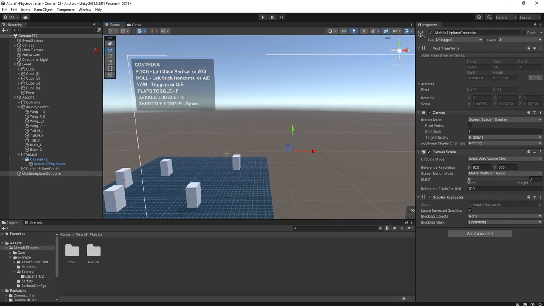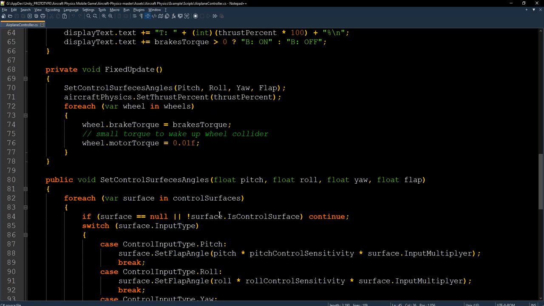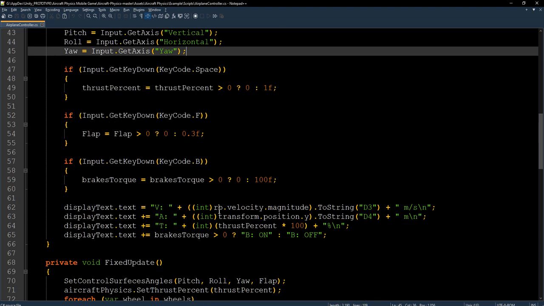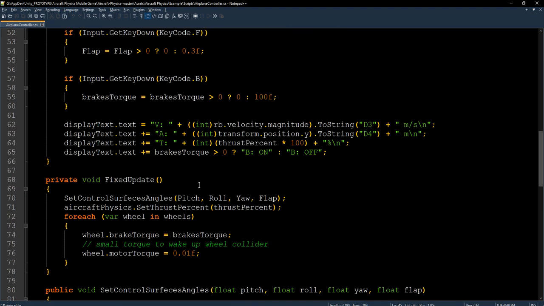First thing that I'm going to do is to create the throttle toggle button. By using keyboard, if we press the space button, we can toggle the throttle between 0% and 100%.